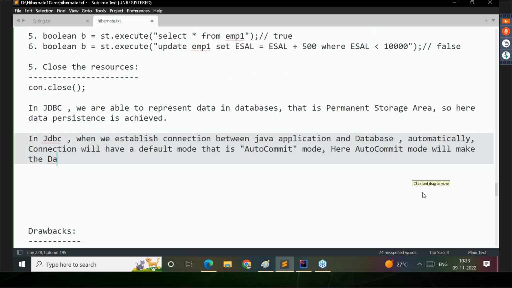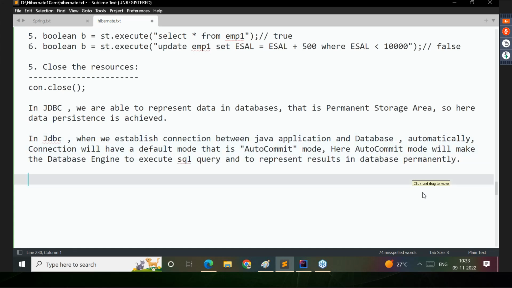Auto commit mode will make the database engine execute the SQL query and represent the results in the database permanently. To represent data permanently,